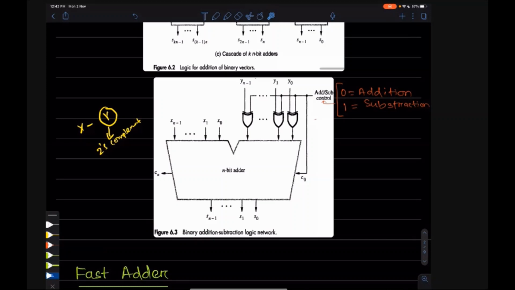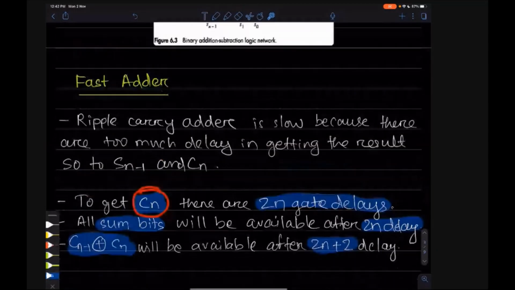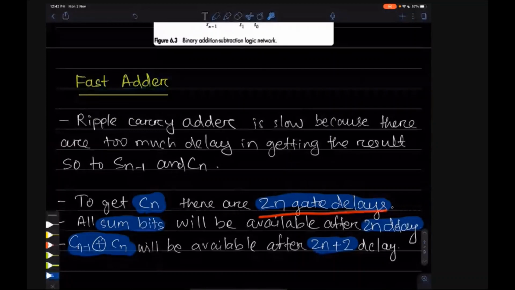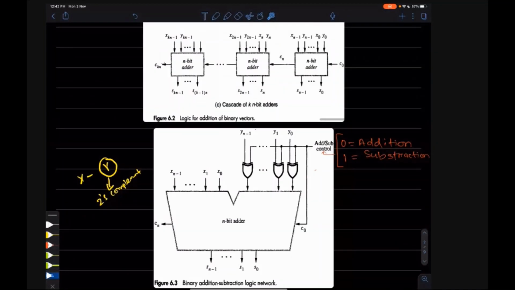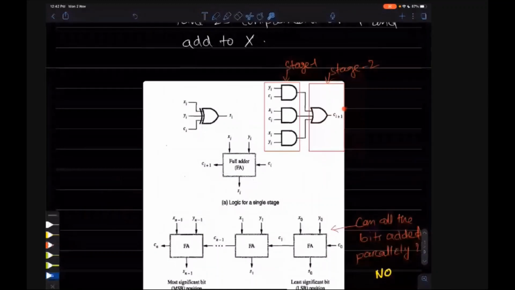Okay, so obviously there is a lot of delay. Now we will calculate how much delay it is. To get Cn, that means the last carry, there are 2n gate delays. Why 2n gate delays? Let's go to the basic circuit. To get Ci plus 1, how many delays will there be?